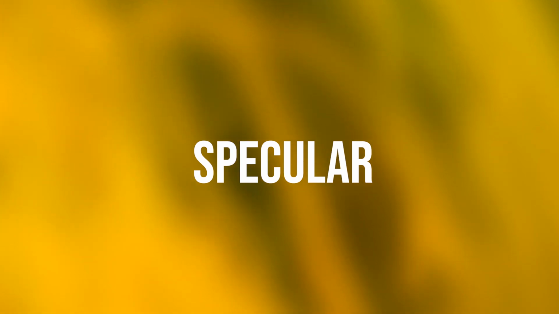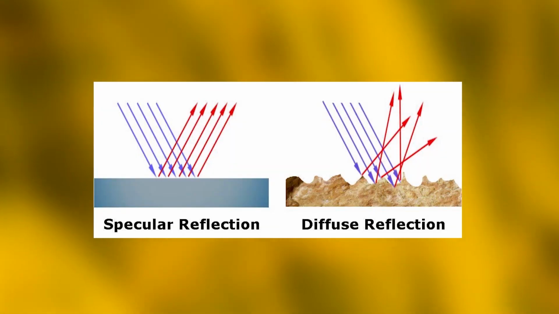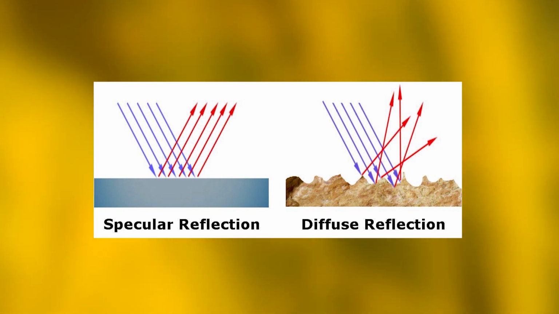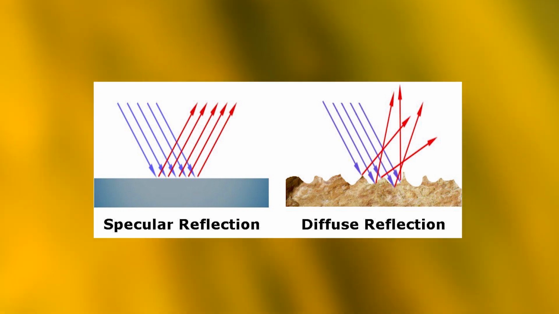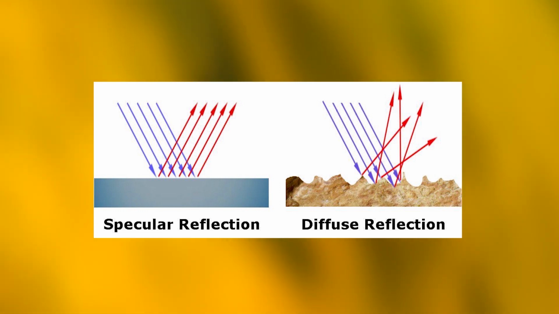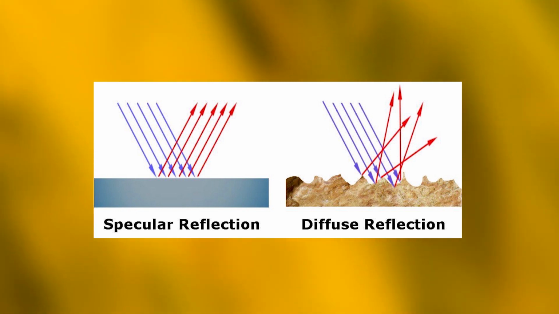The second property I'm going to discuss is the specular. Specular reflections are reflections that are bounced off a material surface without scattering. Materials appear reflective or shiny when a surface is polished and has very little or no imperfections. When the specular color is set to black, a material will have no specular reflections and will not appear reflective or shiny. A specular color set to white will give 100% reflectivity for that material.